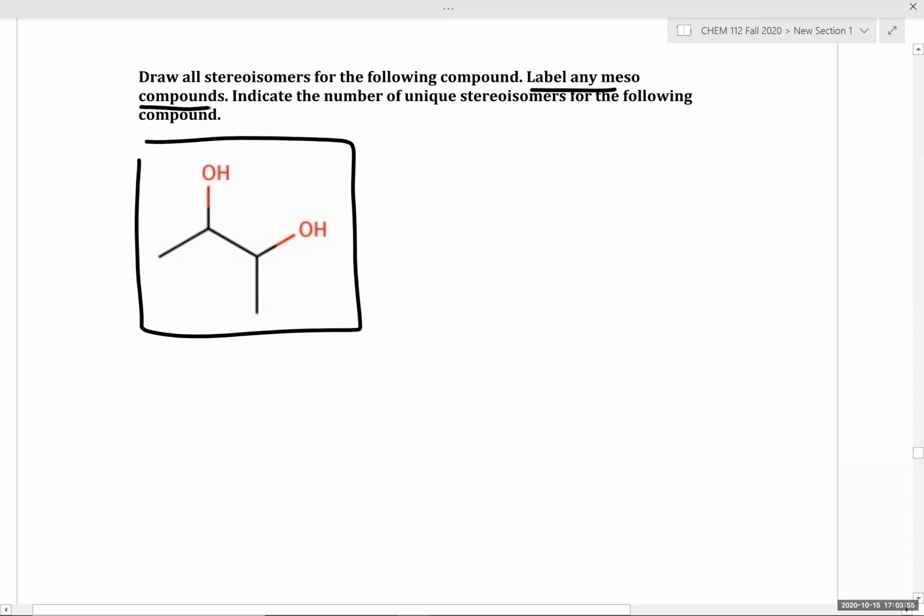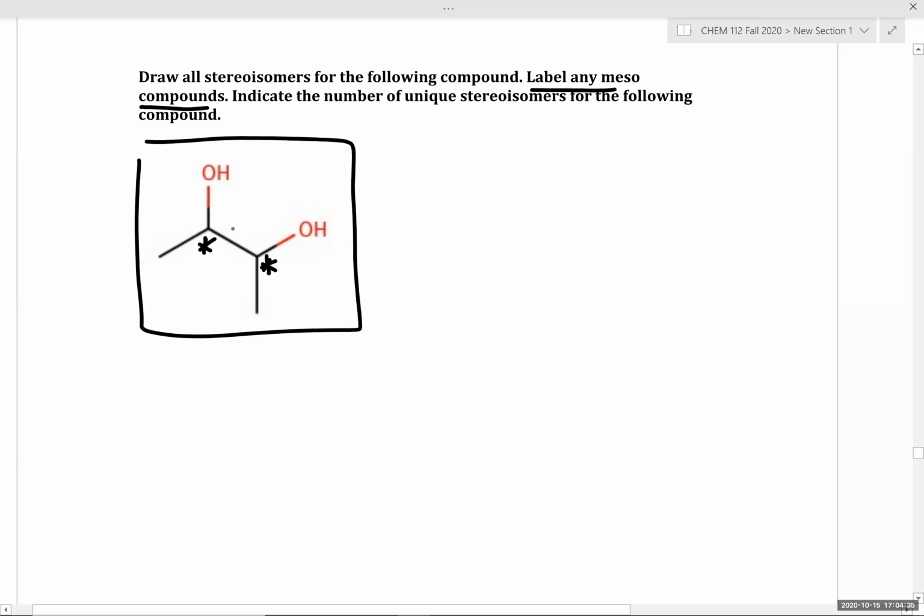So, I'd like everyone to start off today's session to take about 4 to 5 minutes and focus on drawing out the unique stereoisomers for the following molecule. Remember, your first order of business is to label our stereocenters. And at each of these stereocenters, we're going to then draw the different permutations of stereoisomers that vary at each of